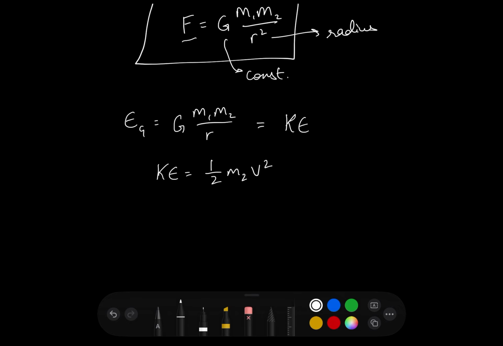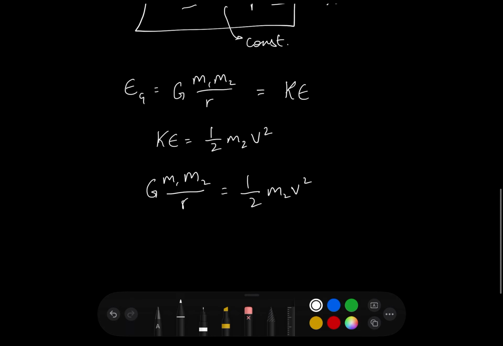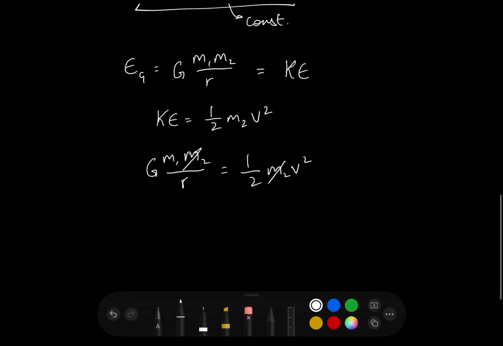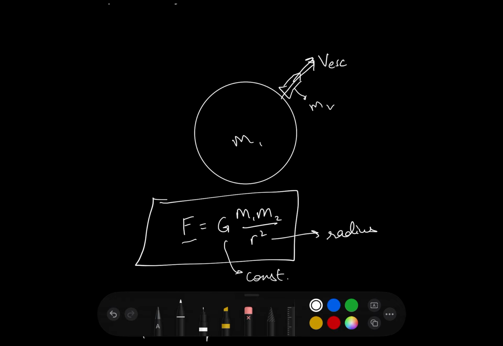And because we know these two are equal, we can write G m1 m2 by r is equal to half m2 v squared. And so rearranging, we can cancel out m2, and so you can see that the escape velocity is